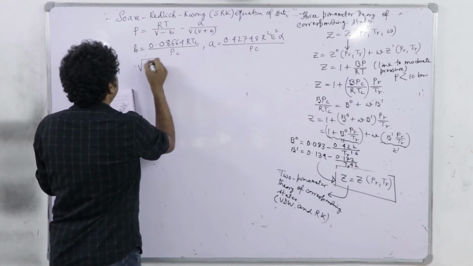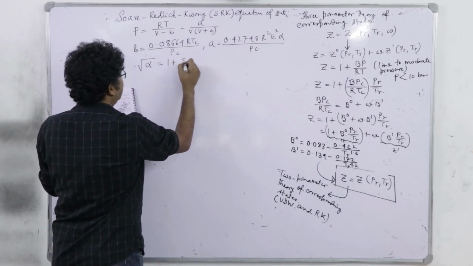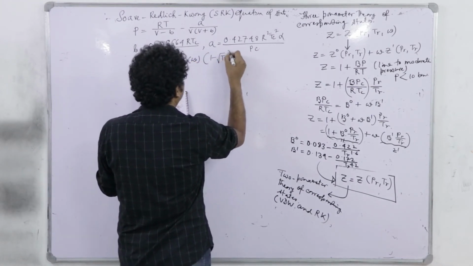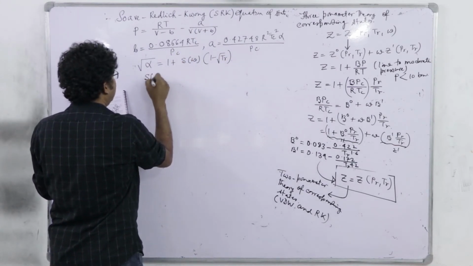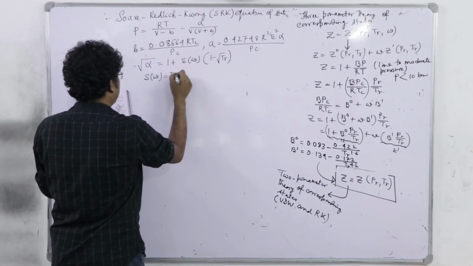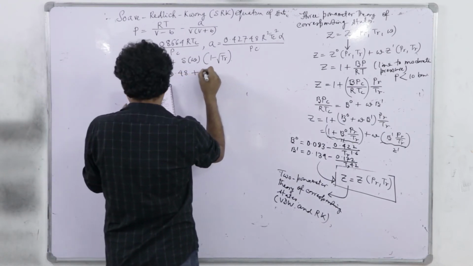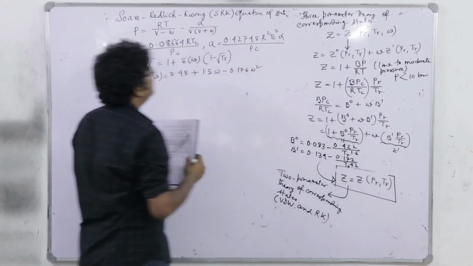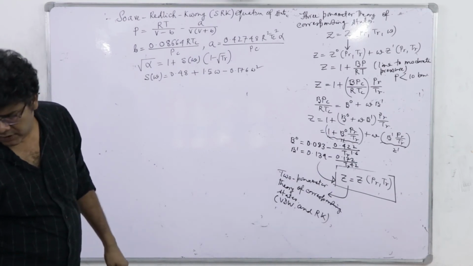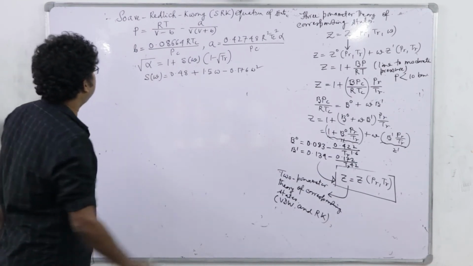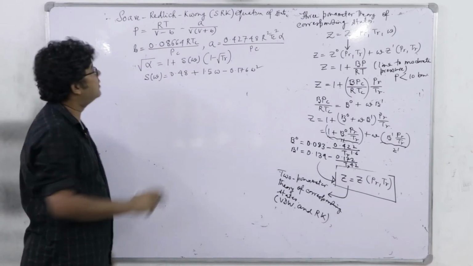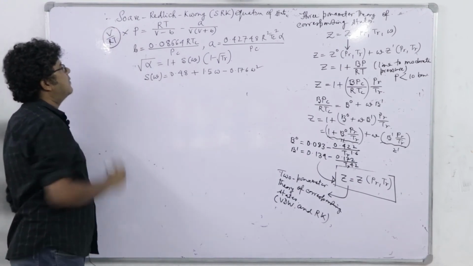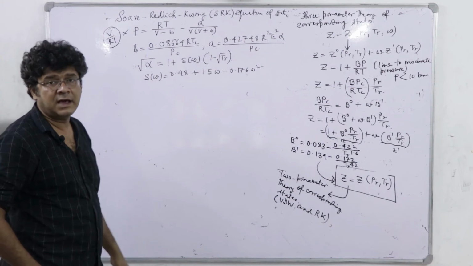Now what is alpha? Under root of alpha is equal to 1 plus S, which is a function of omega, into 1 minus under root of Tr. That was the derivation of Soave-Redlich-Kwong, and S is a quadratic function, just like I am writing: 0.48 plus 1.5 omega minus 0.176 omega square. So that's the Soave-Redlich-Kwong equation. This definitely corroborates, because if we find Z from here upon multiplying this side by V by RT, you will definitely get the value of Z, which will be a function of PR, TR and omega.